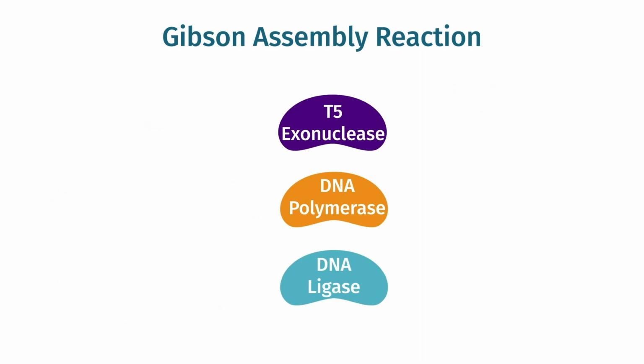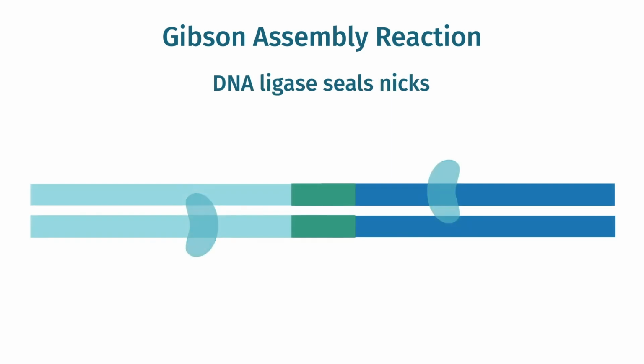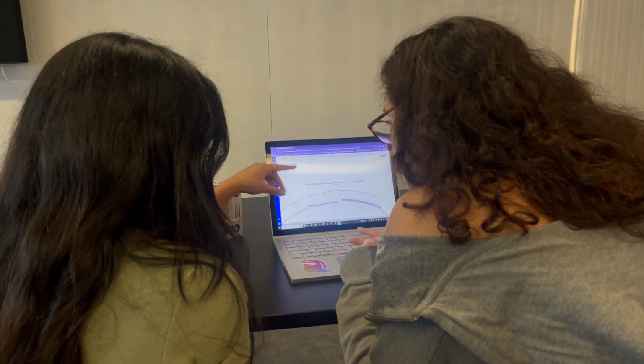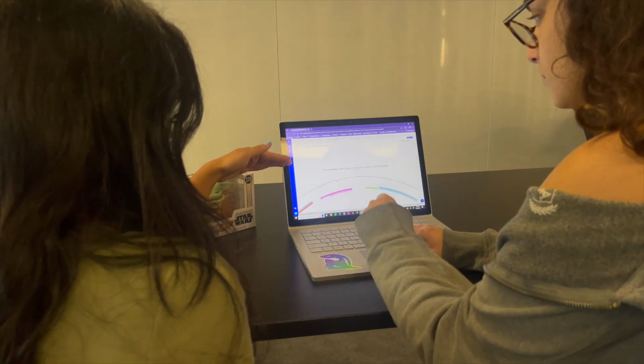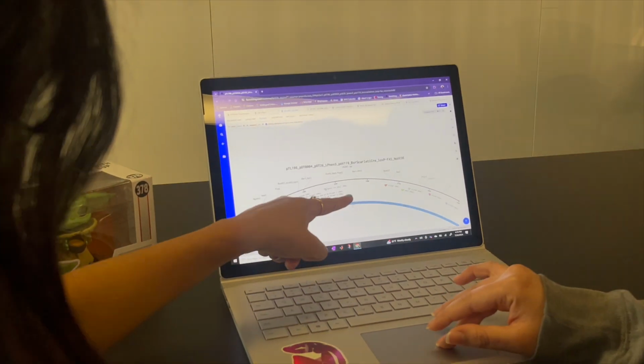Next, we designed specific DNA sequences to express genes in the cell using various molecular biology techniques. We combined multiple DNA fragments into a single plasmid containing the genes of interest. When this genetic material is inserted into the stem cells, they will differentiate into macrophages and neurons under the right